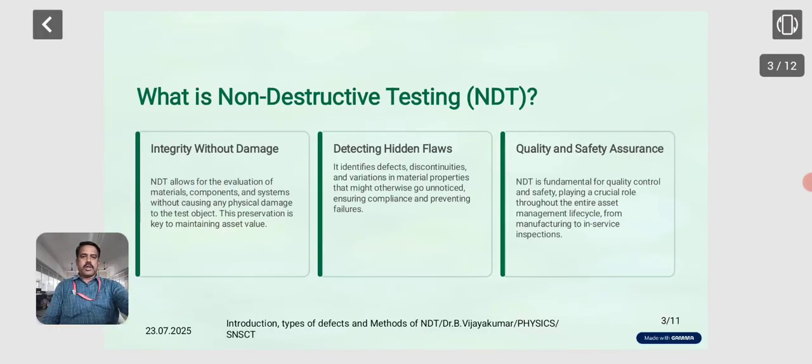Detecting hidden flaws: it identifies defects, discontinuities and a variety of material properties that might otherwise go undetected. Quality and safety assurance: NDT is a fundamental quality control and safety testing method. It plays a very crucial role throughout the entire asset